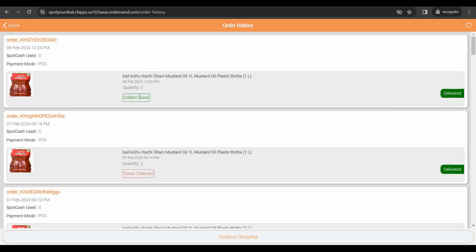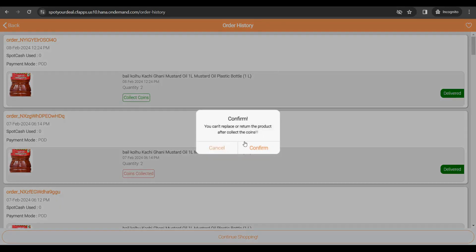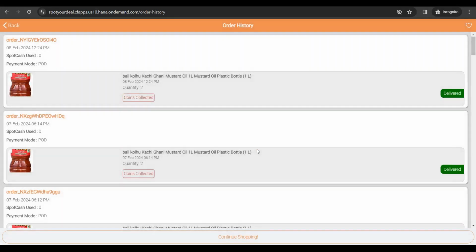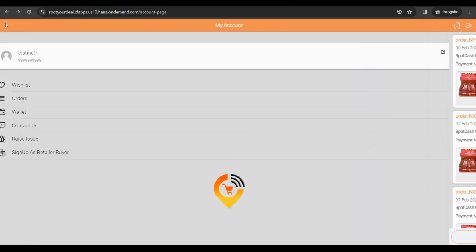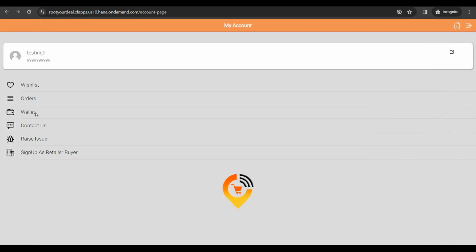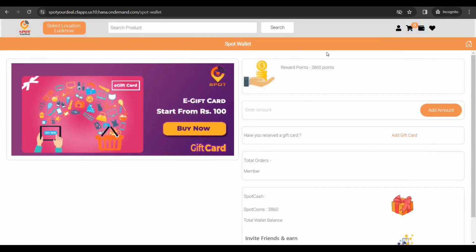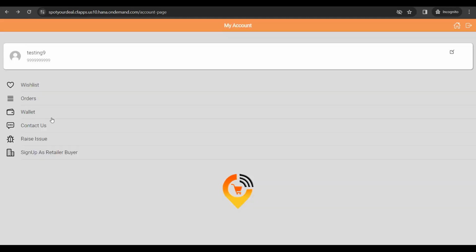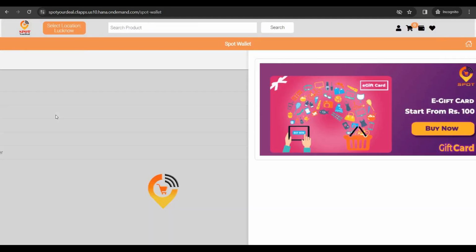Now we have the option to collect the coins. When we click on it and confirm this pop-up, we will get our coins, which we can see in our wallet, which has changed from the previous status to currently 3860.